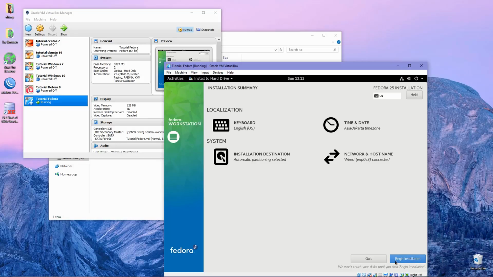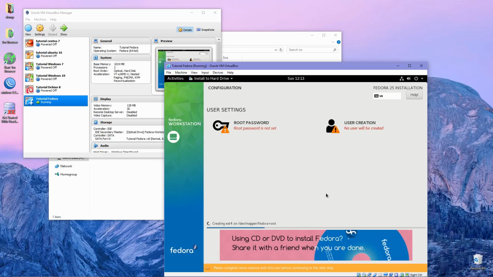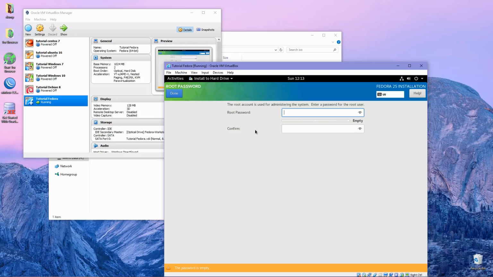So now click begin installation. While the installation process is running, we need to set the root password. Root is the user you need when you want to install programs or make some system settings.